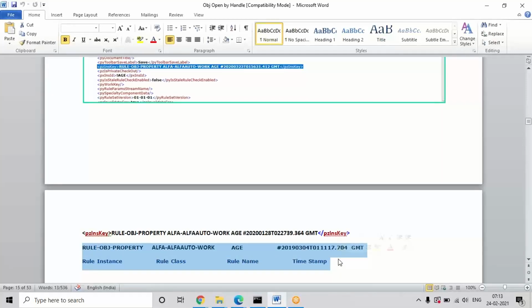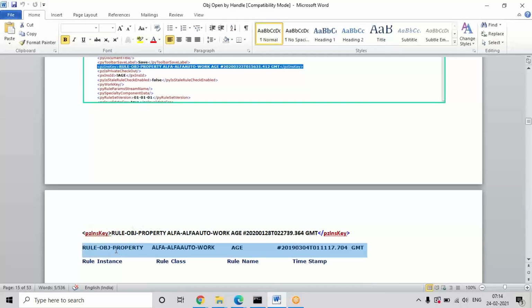At rule level, if you want to identify, the only thing that will be different is the instance name. I told you earlier how to identify the instance name for any rule: go to that particular rule, go to actions, view XML, and under the pjdns key you can identify the name.